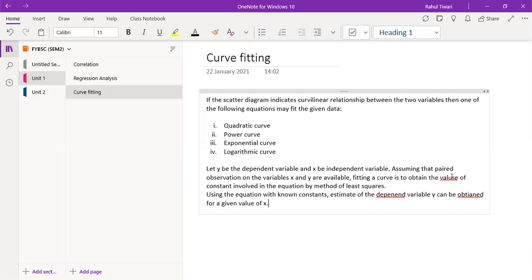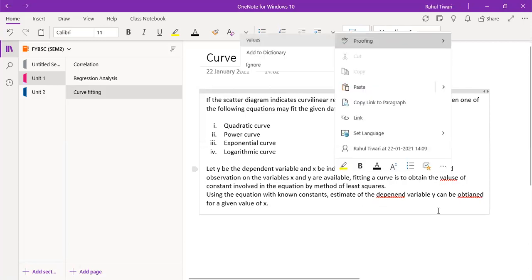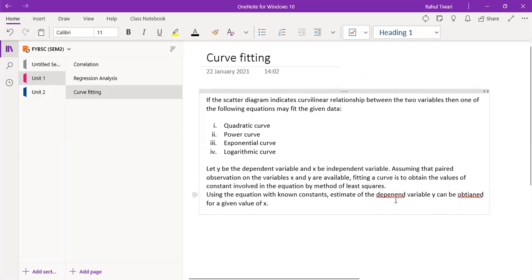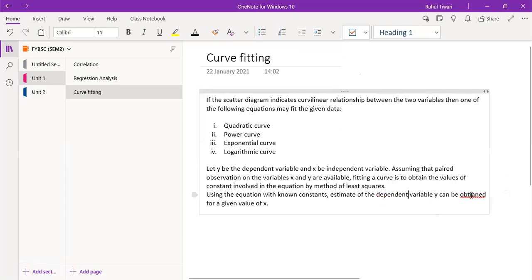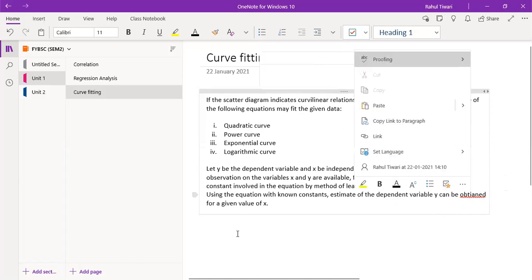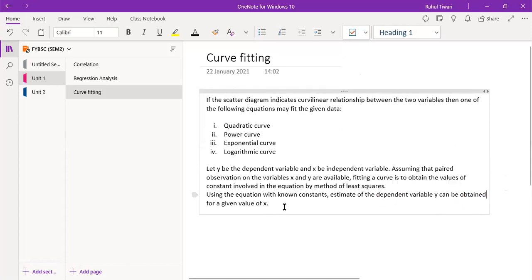So you can use that value of the dependent variable and try to obtain the independent variable, or you can say the value of x. So the procedure, method, and all steps are the same. We just need to understand